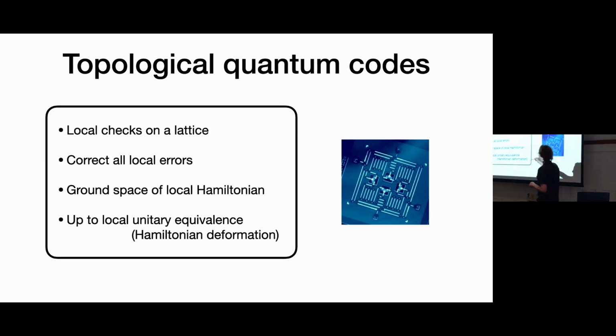And there's two versions of this equivalence relation. One is local unitaries, so you might take some gates and do a local unitary in your code, and that should preserve the class of local errors that you're robust against. The other version is taking this Hamiltonian picture and deforming the terms in the Hamiltonian, which is approximately described by a local unitary, but there's a bit of subtlety there.